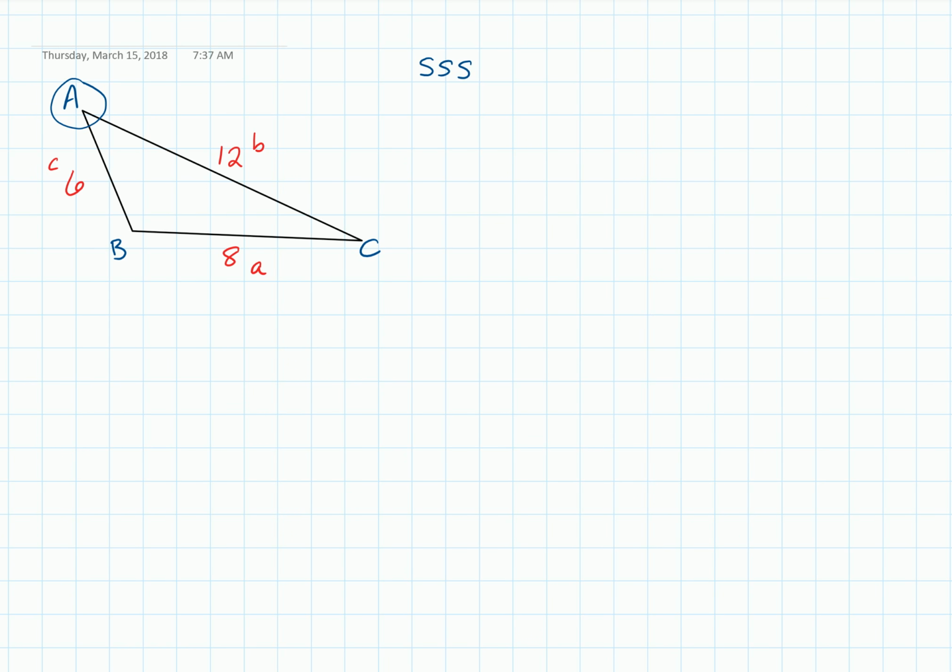We're going to use the fact that a squared is equal to b squared plus c squared minus 2bc cosine of A. Notice here that angle A is the thing we're trying to solve for, and it's going to be the only unknown in our equation. So from here we're going to plug in the values that we know. Little a is 8, so we'll have 8 squared equals 12 squared plus 6 squared minus 2 times 12 times